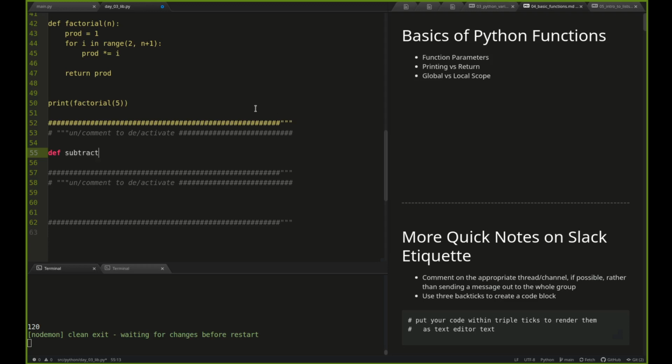And if you look up here, when I invoked my factorial function, I had the chance to give it a number, right? I have the ability to give it an input, right? So when we are defining a function,